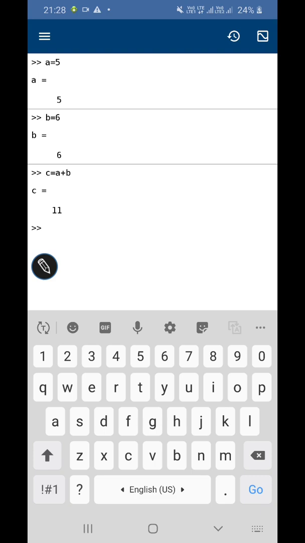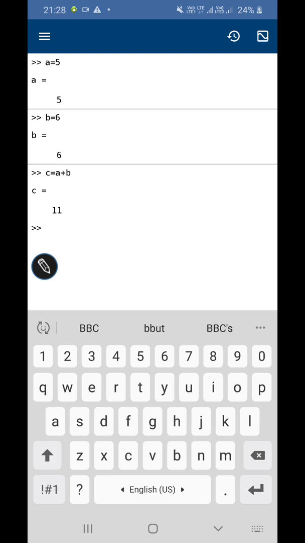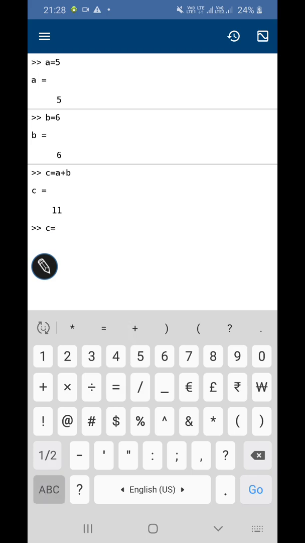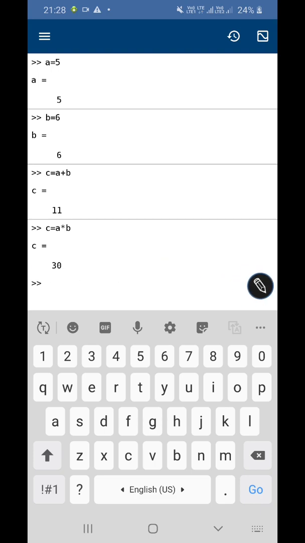So I will have to write C is equal to A into B, and then I will get the answer.